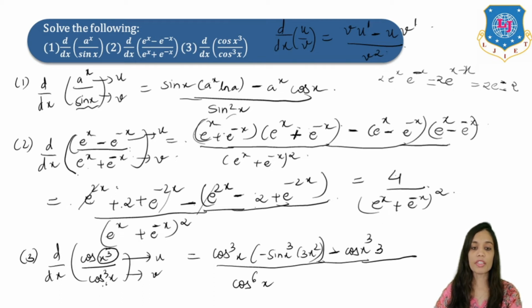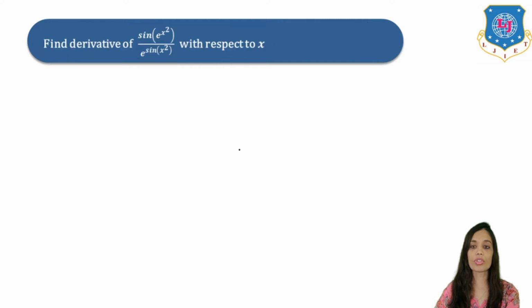So you have to bring these 3 over here, right? And cos square x will come. And lastly, derivative of cos is what? Minus sin x, right? So now you can simplify and write the final answer by yourself. Just you have to take this minus outside and here minus minus will become plus. So that you can write by yourself. Now let us move on to the next example.